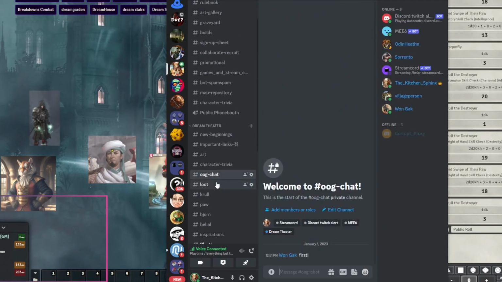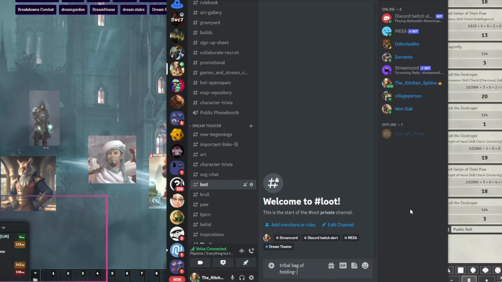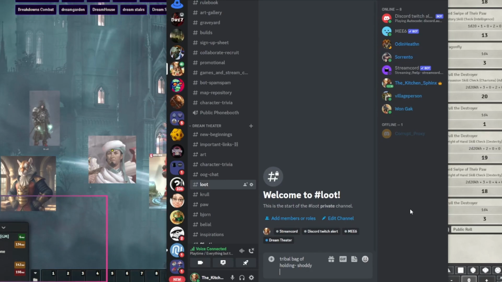This bag of holding is shoddy and handmade. It is a tribal bag of holding, and it's shoddy, which means it's less valuable than normal. It counts as 1 less rarity. That's kind of like a curse. But it also has another downside.